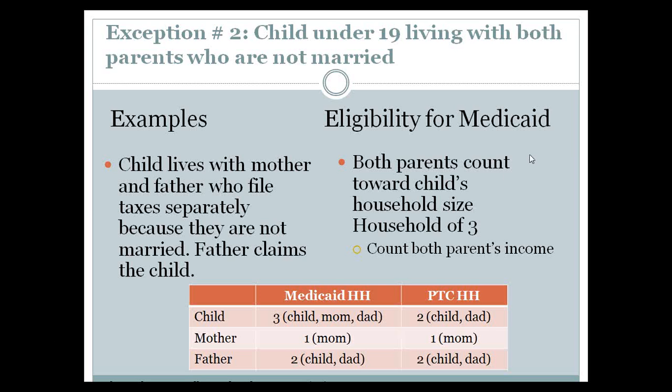Yeah, it may be that the child and the dad can go in on one application, and then mom would be another. So you wouldn't have 3 separate applications, even though you have 3 separate groups. No. You would just end up having 2 separate applications. Right. That'd be my thought as well. Yeah, if dad's claiming the kid, then dad and kid are in the same tax household and go on the same application. Yes, and I think that means doing 2 separate accounts as well on the website. Definitely. Correct.